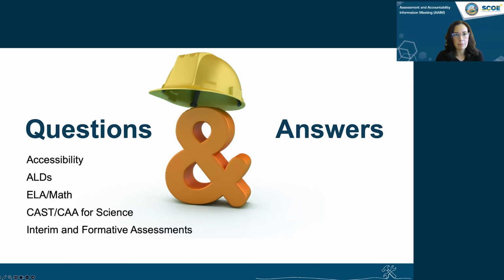The interim comprehensive assessment is meant to be the full form of the Smarter Balanced ELA assessment, and there are two parts to the ICA: a performance task, and the general computer-based items.